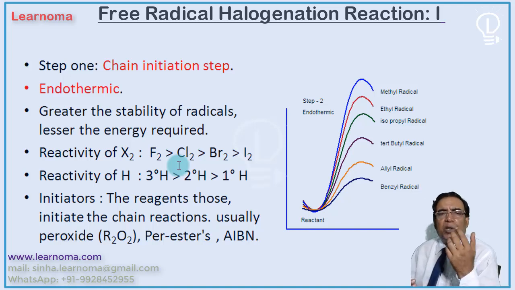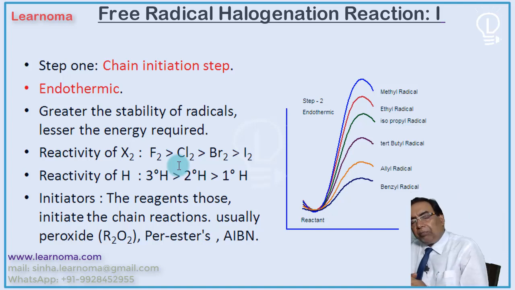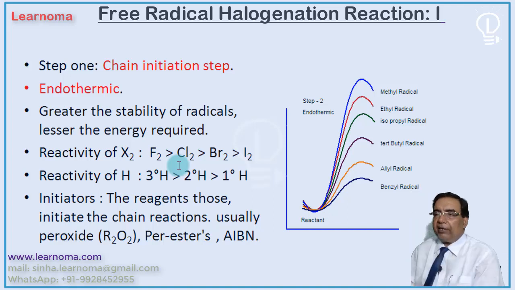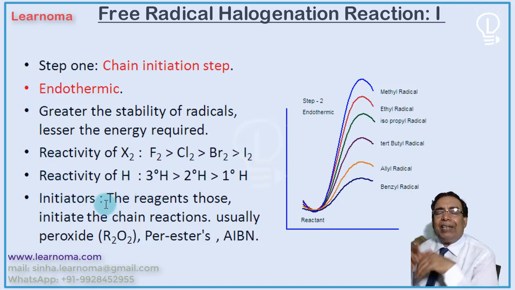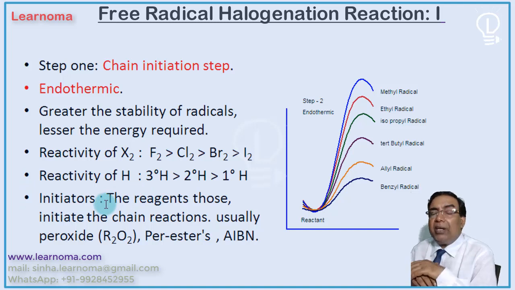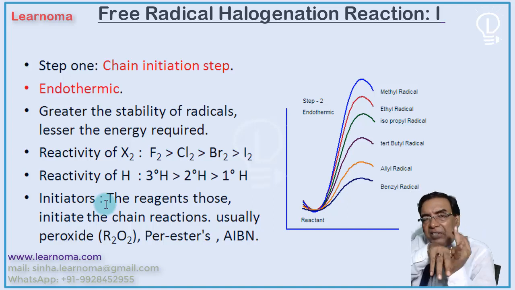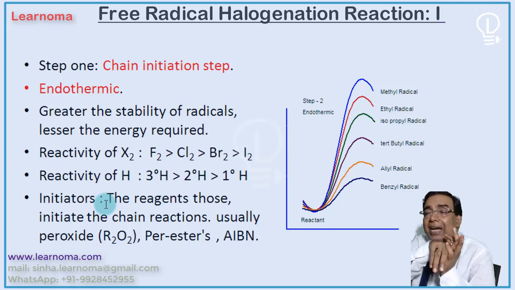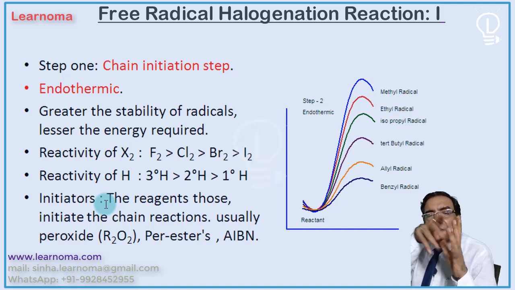Here we have reversibility also. Here the products formed may get further converted to the reactant also. I will discuss it. The third point is initiators, reaction initiators, radical initiators. Who are radical initiators? Already I have given you the hint that radicals are produced in one way by heat, second way by light, and third by sensitization.